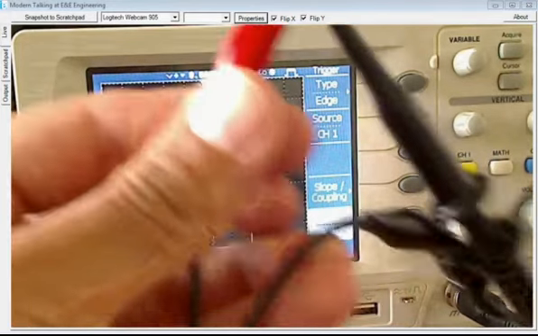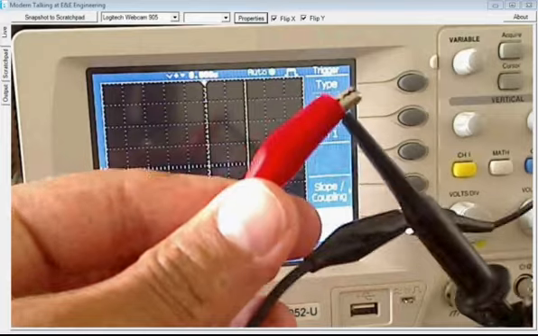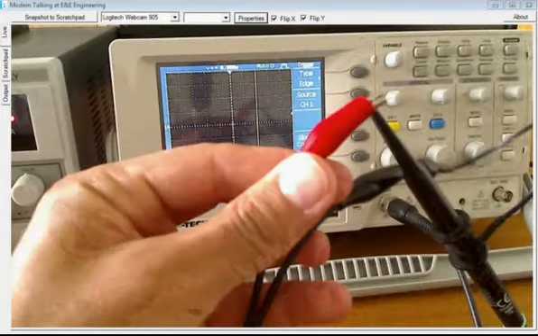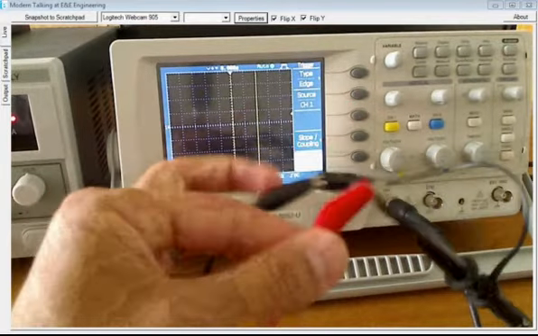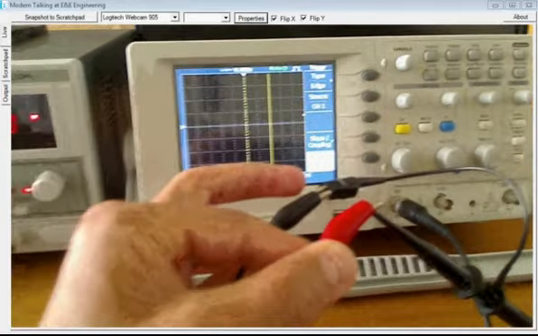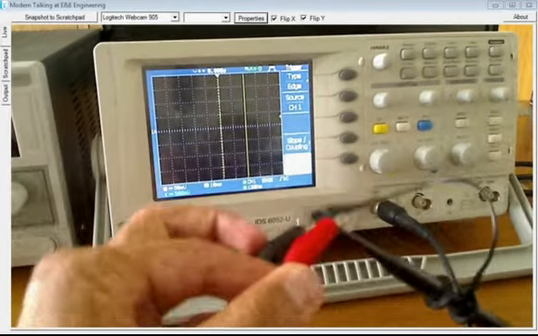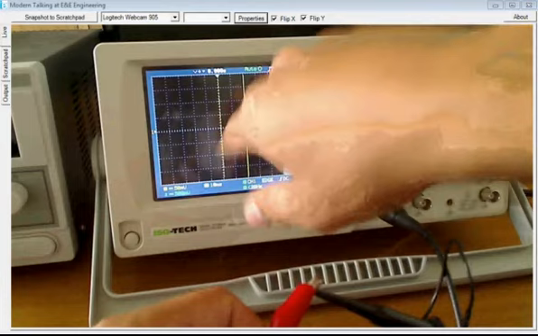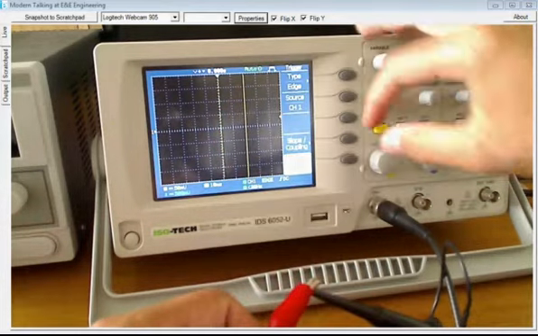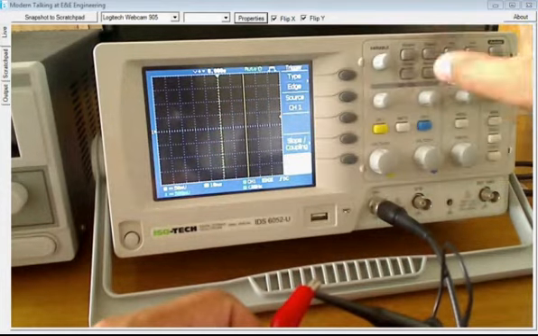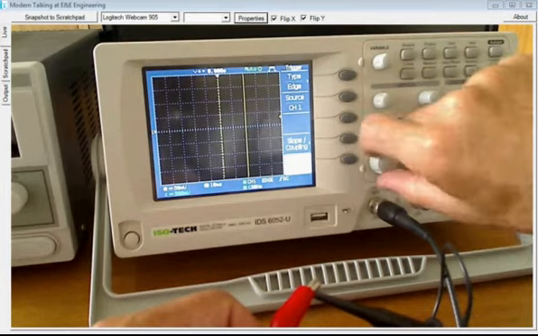What's going on? So now I'm connecting my power supply. I'm just going to zoom out a bit again. I'm connecting the power supply to my scope. The power supply is at 5 volts. So let's just measure what this thing is doing. You can see I don't have any signal here, so I'm assuming that it's way out. I can't see it. So I'm going to change the voltage per division